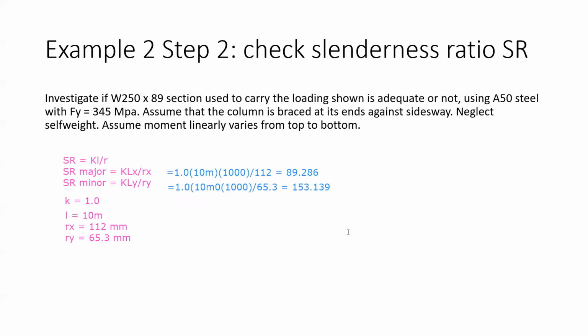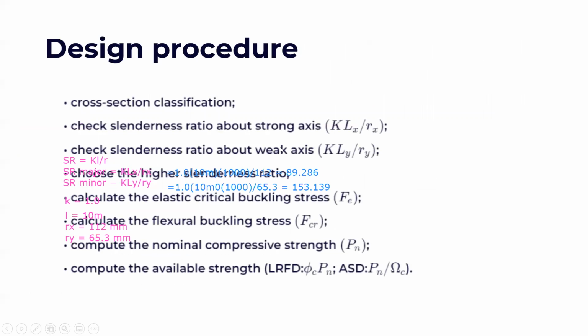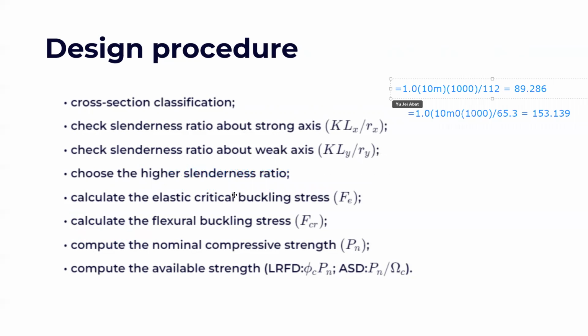After we check the slenderness ratio, step number 3, let's go back. Check the slenderness ratio about the weak axis and then choose. We choose the higher slenderness ratio. So if we have 89 versus 153, we will use 153.139, because we choose the higher slenderness ratio. And then after that, we go to